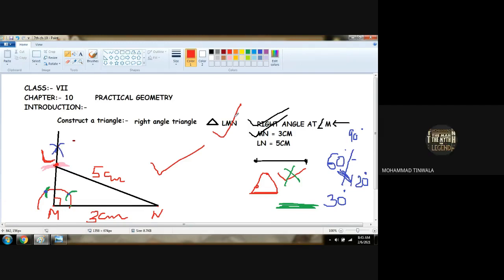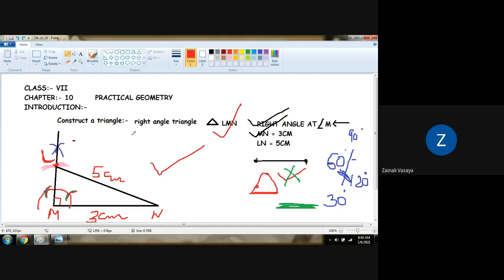Only the right angle is a bit typical. Why? Because we are forming the full semicircle. From that, with the same measurement, we are drawing 2 arcs in between, which will be of 60 and 120 degree. It is automatic. No measurement is needed. And between these two, what is constructed here, that will be our 90 degree. Make it a little bigger so the arc of the lower triangle can come. Is that clear, boys? Anybody has any doubt with this topic?